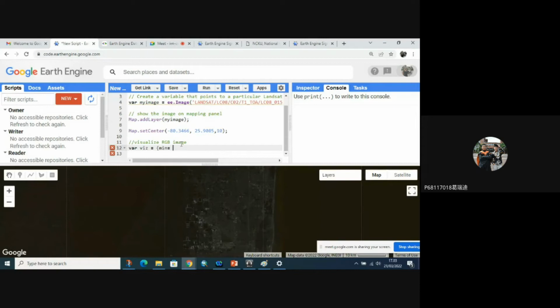Maybe I will fill it with 0 and max with 0.3, and select the bands, because RGB bands, with band 4, band 3, and band 2.